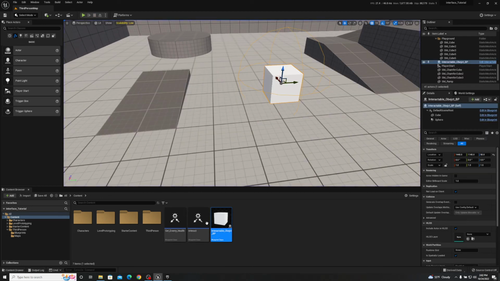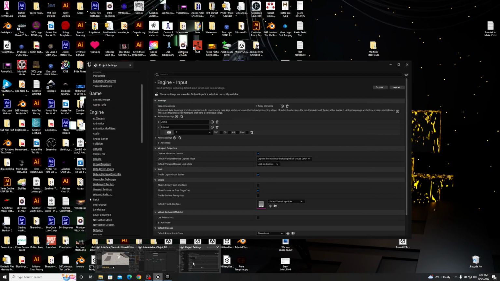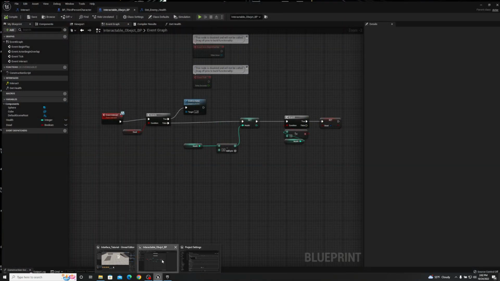So this way we're getting the interaction, and then we have another thing that's telling us what that health is for that enemy. And the cool thing is, because we're setting it up with this, the only thing you have to do, if you have multiple enemies and you want to get that health information stored in some sort of a widget class, is take this and add a widget to it, set it up,